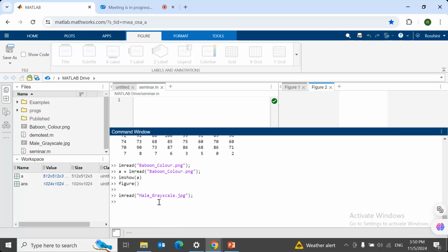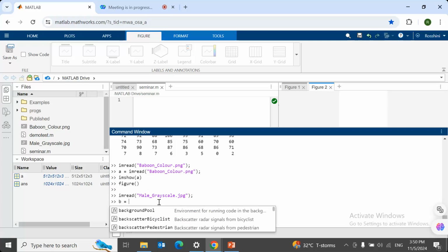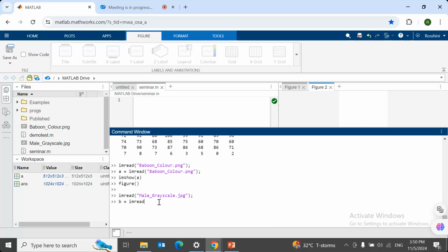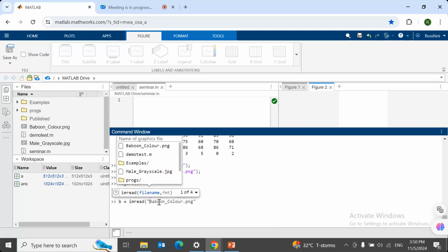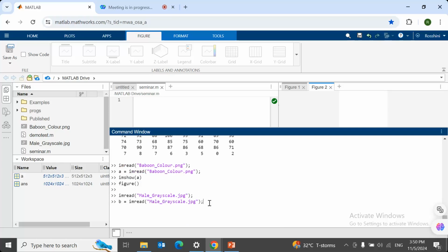Okay, so now we are going to assign a variable like how we did just now for the baboon image. Now we are going to assign it using the variable, let's say b. So b equals imread, choose your image file, male underscore grayscale dot the extension, and do not forget your semicolon. Okay. So if you see on my workspace, now the B has already been created, which means this B stores the